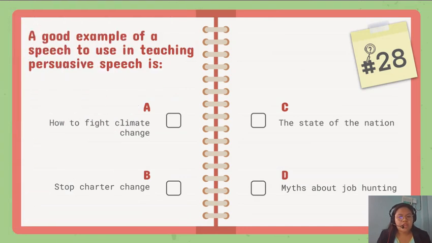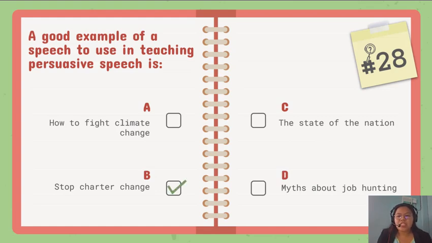Number 28. A good example of a speech to use in teaching persuasive speech is A. How to fight climate change. B. Stop charter change. C. The state of the nation. Or D. Myths about job hunting. The correct answer is